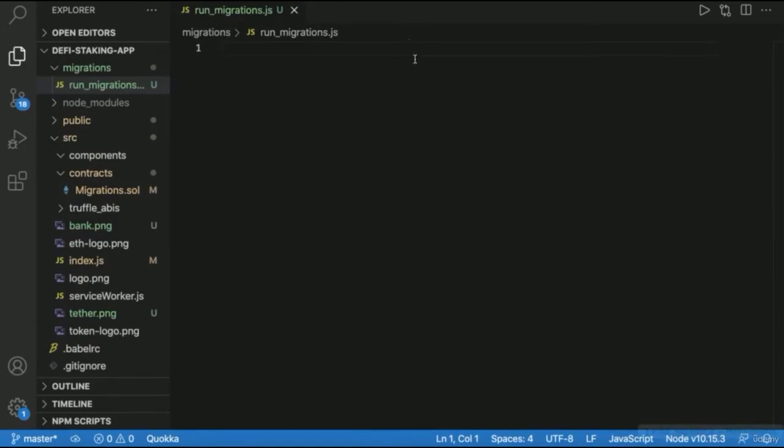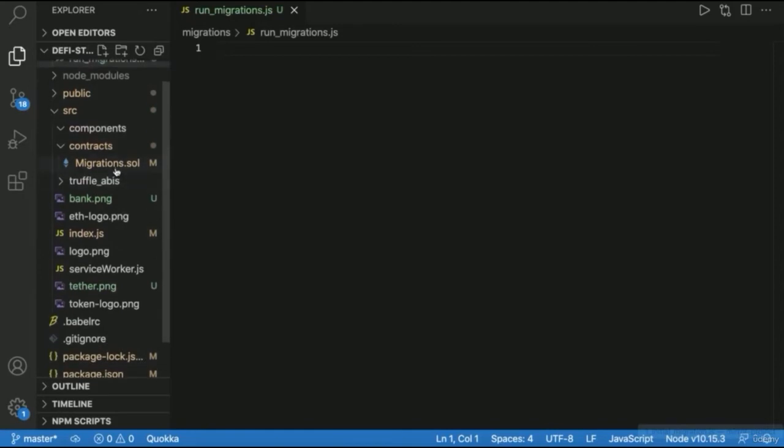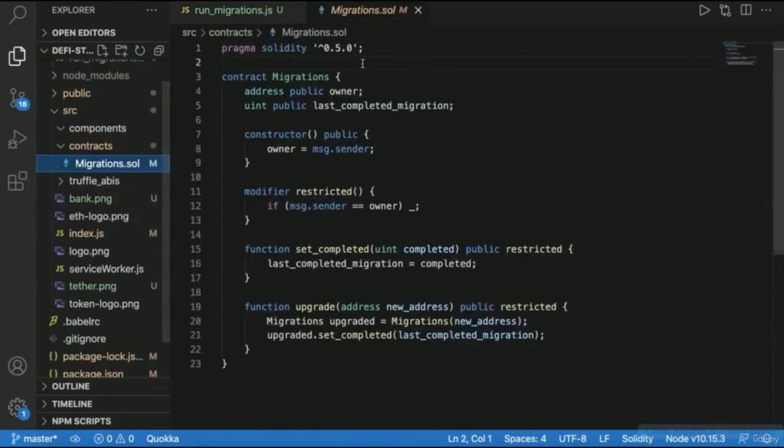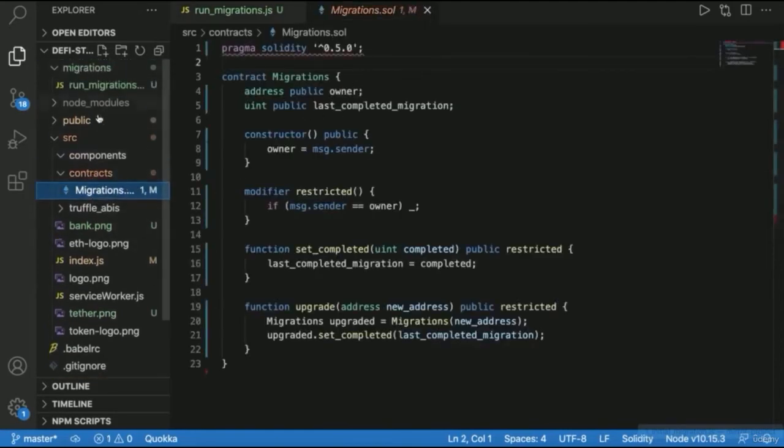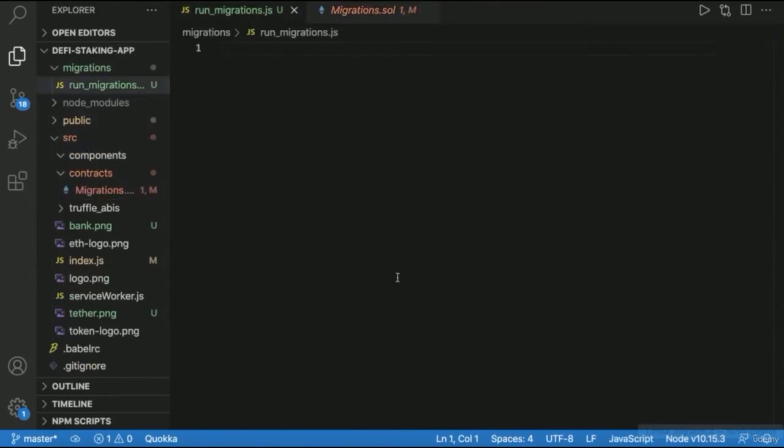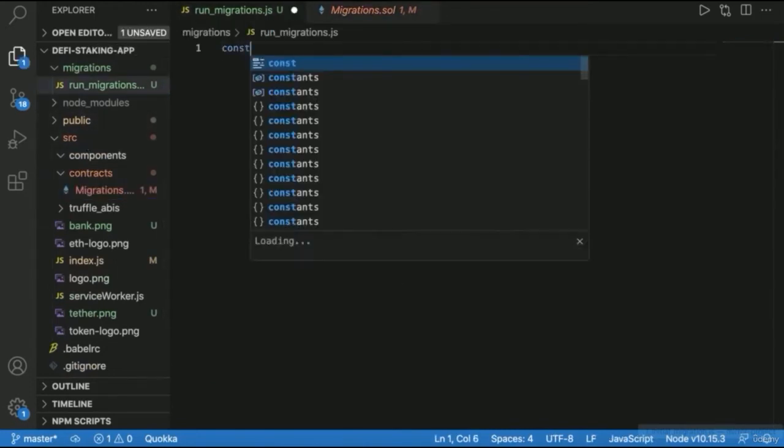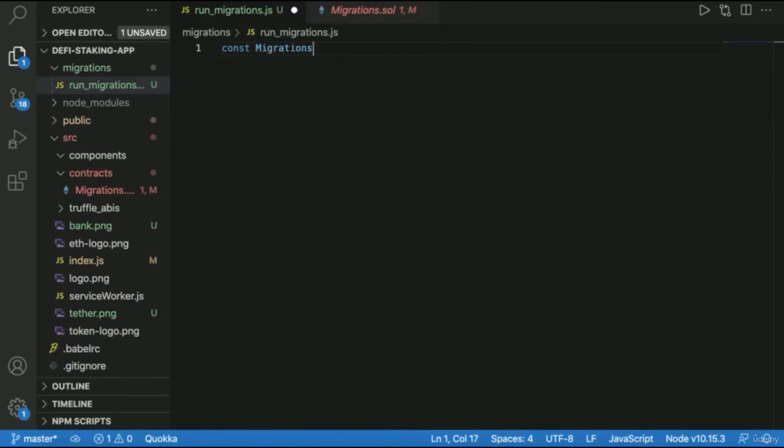Okay, so what is the first thing that we want to do in our run migrations file? What do you think is the first thing that we want to do? Well, the first thing that we want to do is, of course, we want to grab our contract. We want to grab this migrations.sol contract. So how do we do that? Well, we do that by creating a constant variable over here. We're going to call it our migrations, okay? And then we're going to set this to